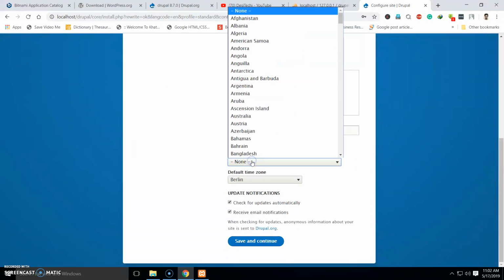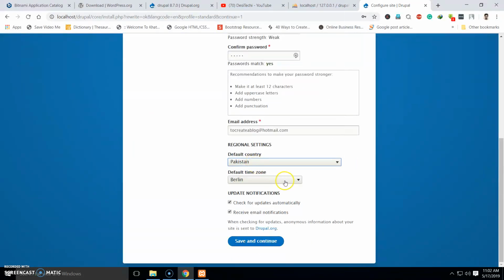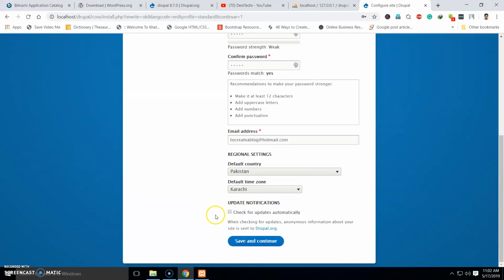You can also select your default country and your time zone. Now this is a local installation, so I am going to uncheck this option. Now click save and continue.